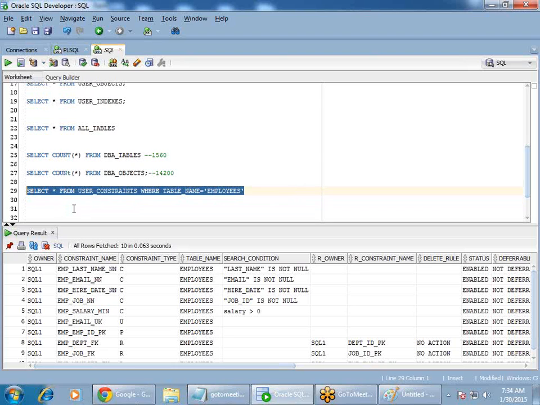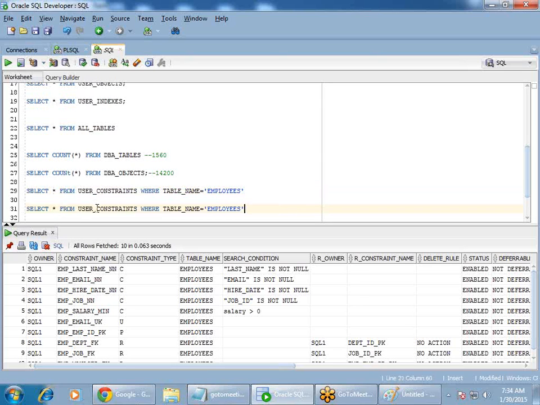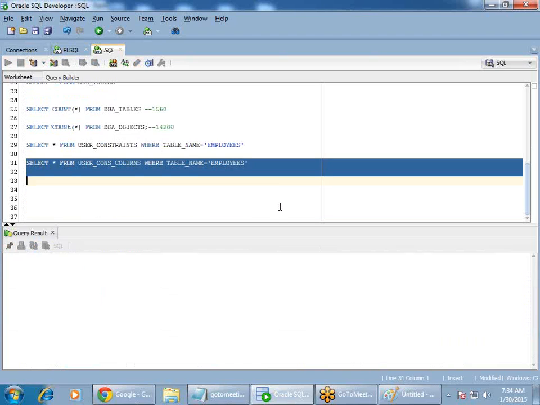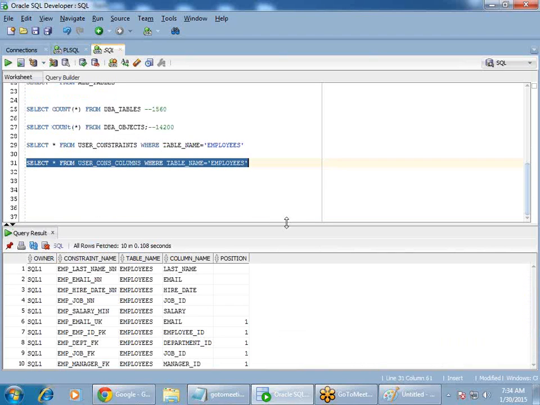Similarly, if you want to know the list of constraint columns which are used to create the constraints, there is something called user_cons_columns, where table_name is equal to employees. So when you do this,